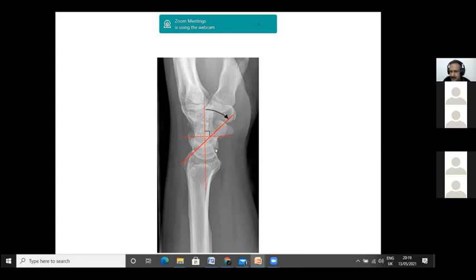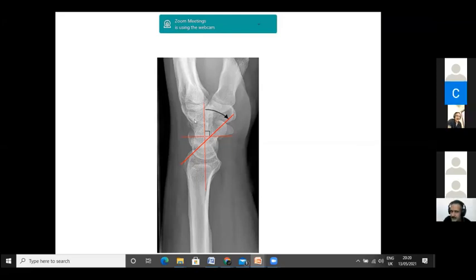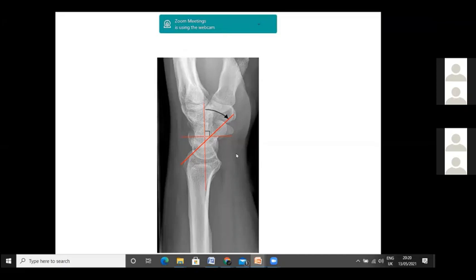It's nothing difficult to understand, and you need to understand that in case of a perilunate dislocation, the dislocation is happening around the lunate. So when you take a lateral view, you can see the distal radius and lunate still maintaining contact. The rest of the carpus dislocates. What happens in a lunate dislocation? The entire carpus stays there and only the lunate gets dislocated.